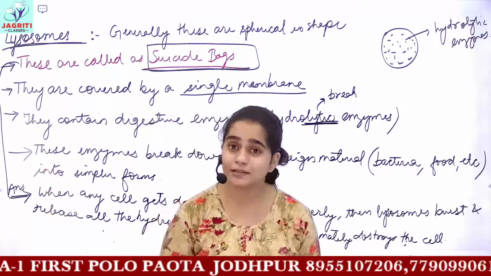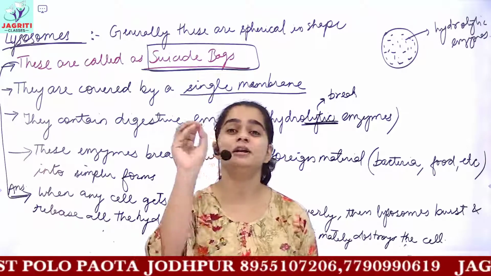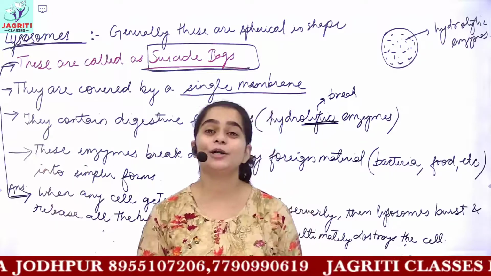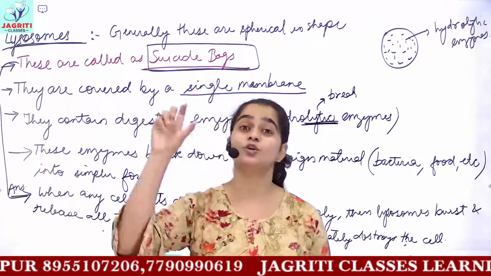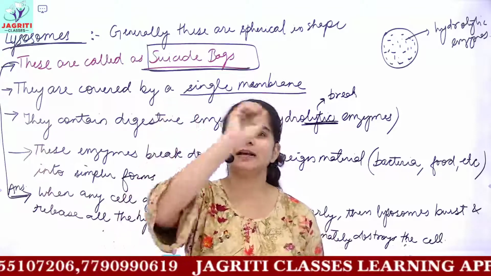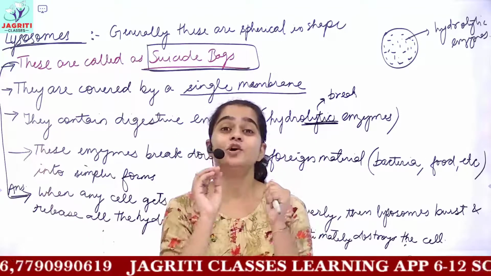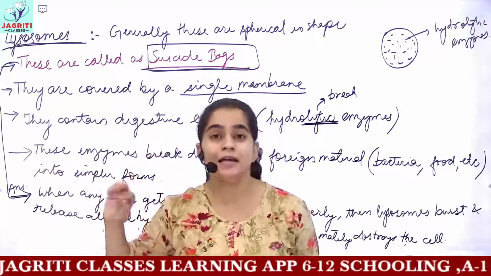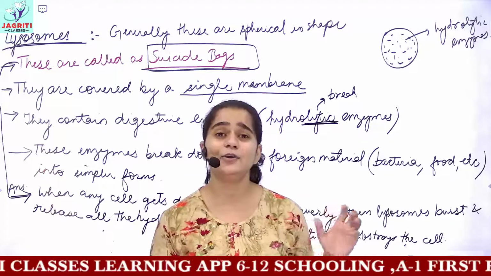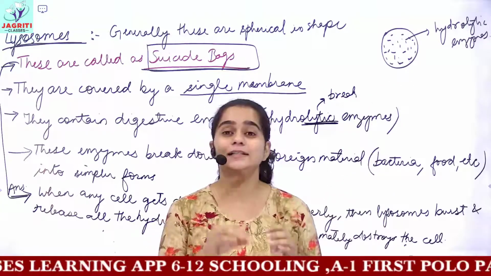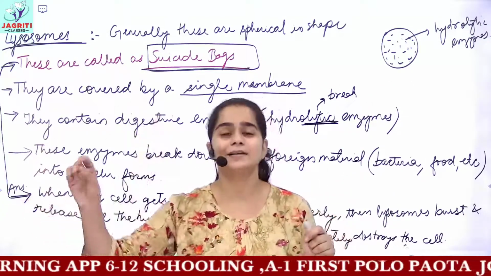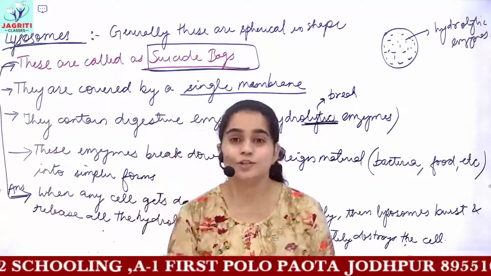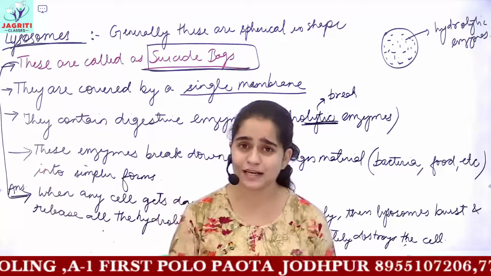Then next we'll have a discussion on plastids. What do you mean by the term plastids? Remember, plastids are only present in plants. Animal cells do not contain plastids, and a very important plastid present in plants is called chloroplast. Plastids are generally classified into different categories based on their color. If they are green colored, they are known as chloroplast. If they do not contain any color, they are known as leucoplast. And if they contain a color other than green, that is other than chlorophyll, they are called chromoplast. So this was an introduction about plastids.